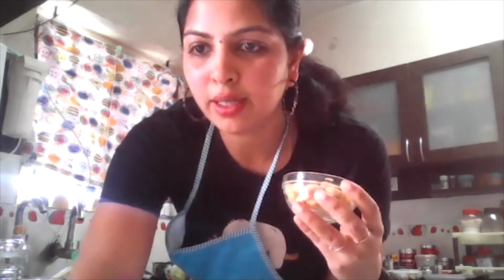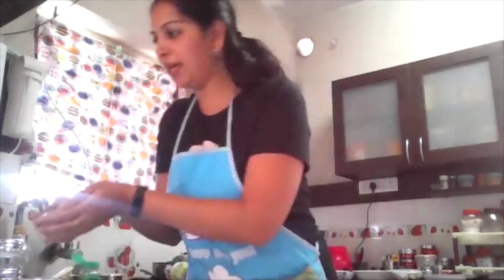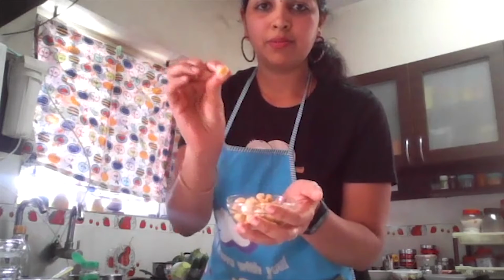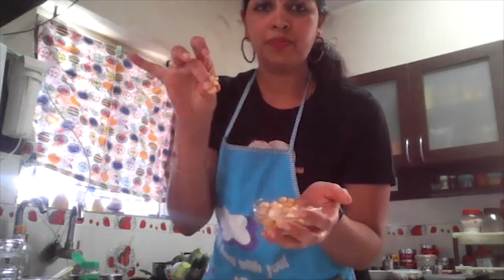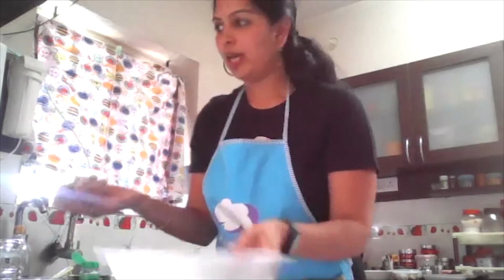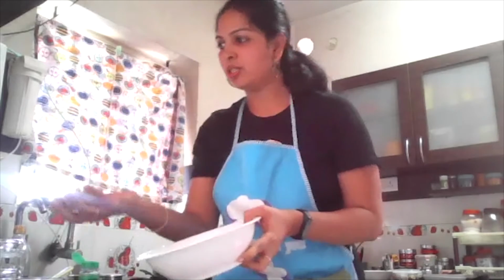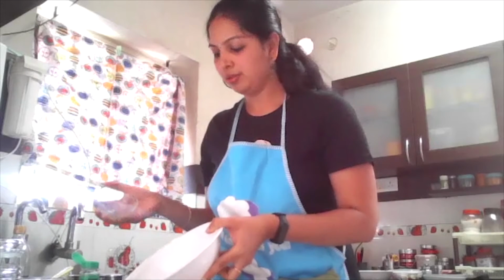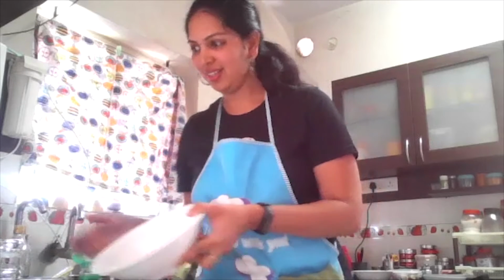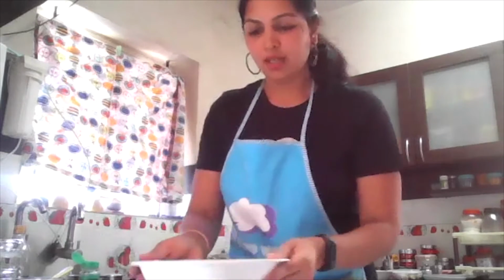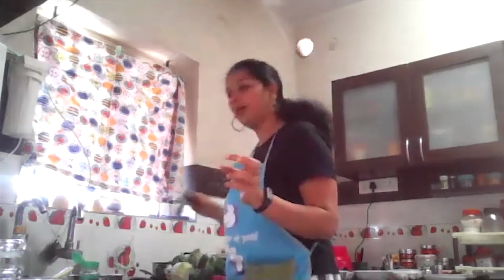So this is the chickpea. Here you can see chickpea. It is boiled and it is, see, firm. So what I'm doing is taking a container. This should have around 50 grams of chickpea. Put it into the container. It looks nice, isn't it? White in color. So let us again take one cucumber.